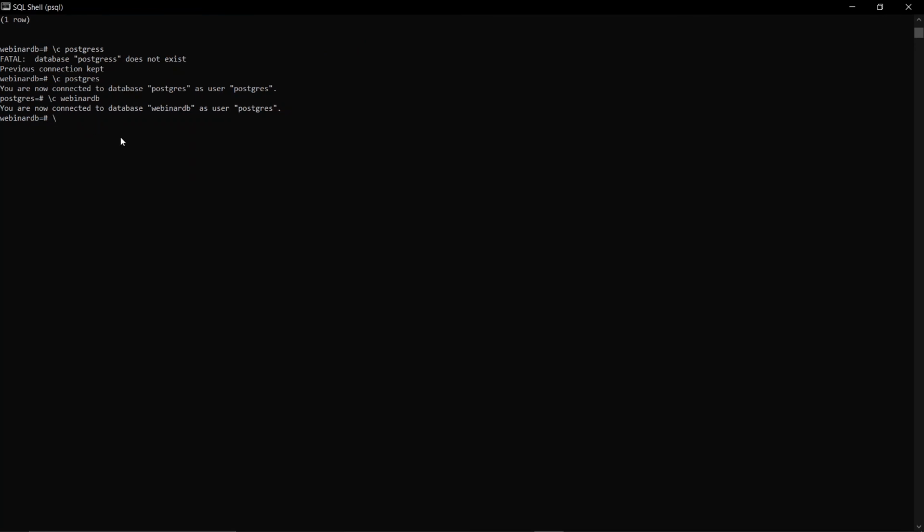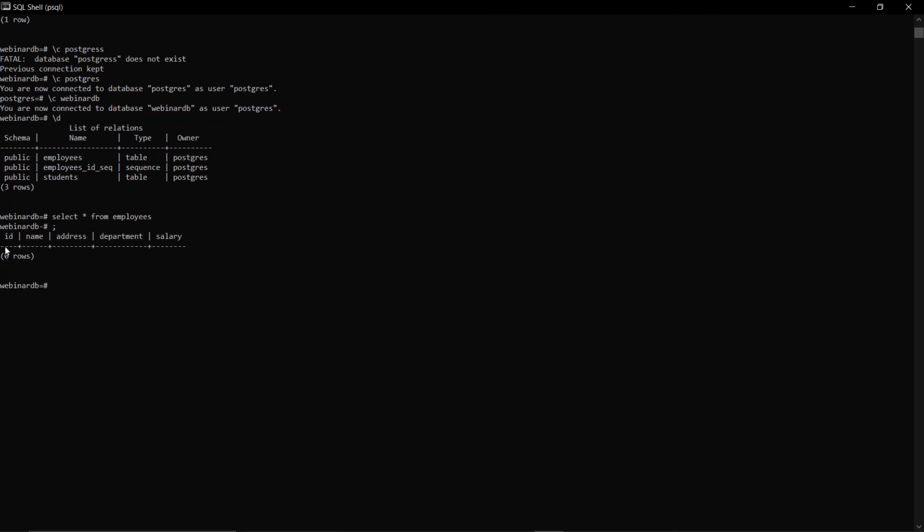We will come over here and check with slash D. See, we have created a table employees and it is being shown over here. If you want to check the values in employees, select star from employees. See, we have the ID, the name, the address, the department, the salary.